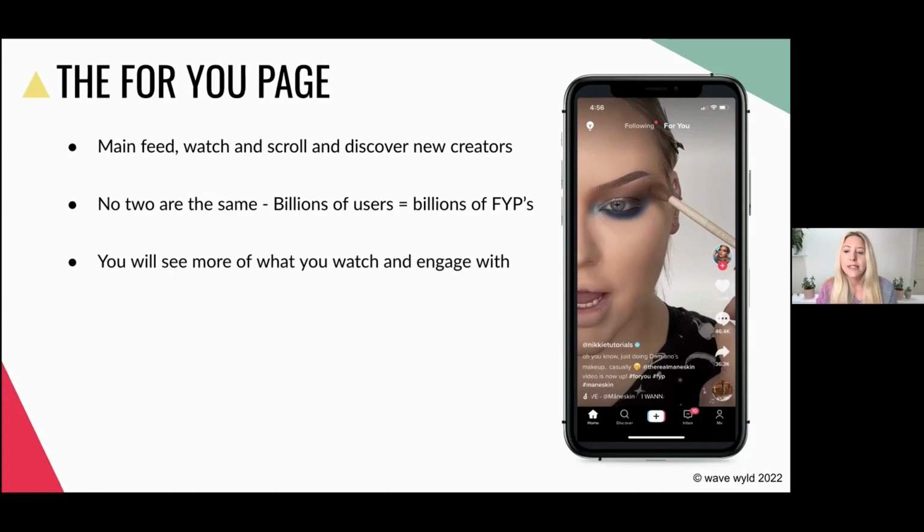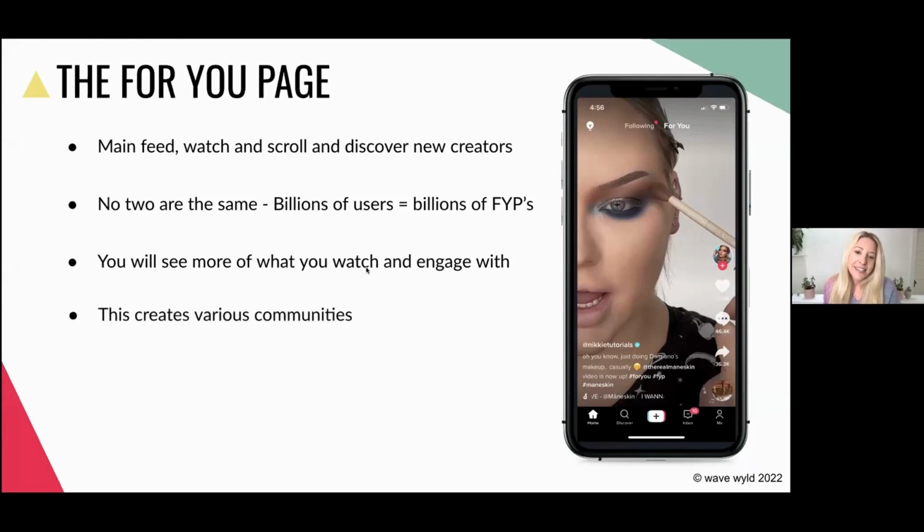What that means is when you're scrolling and you first get on the app, you're probably going to see dancing, lip syncing, viral videos, because the algorithm doesn't know who you are. But once you start watching and engaging with content, it's going to show you more of what you watch and engage with. That's why I see marketing videos and cat videos, because I'm a sucker for those cute cat videos. Pet Talk is huge.